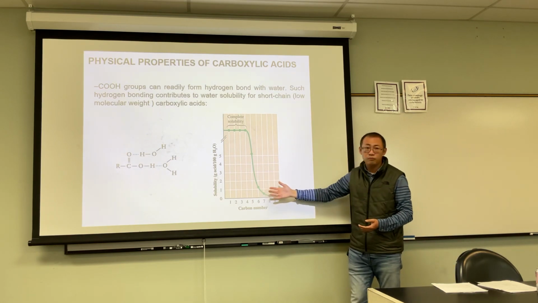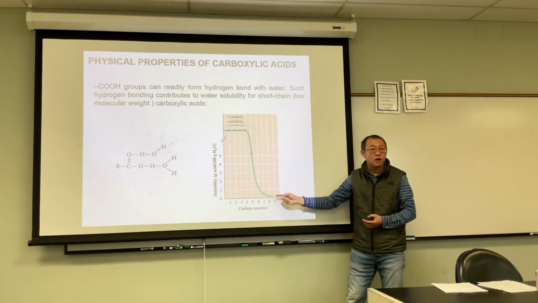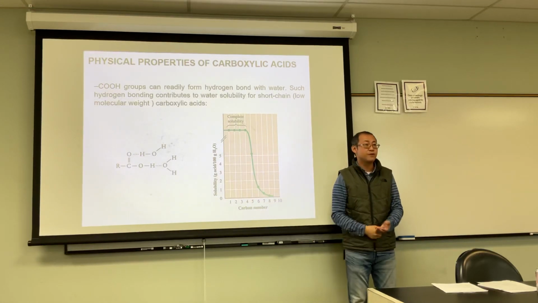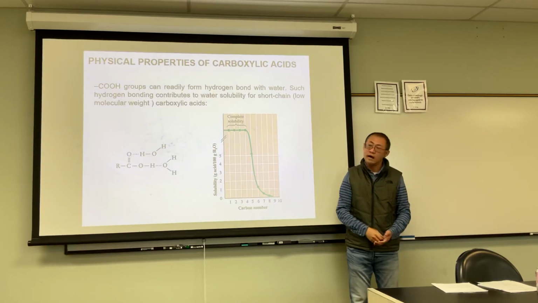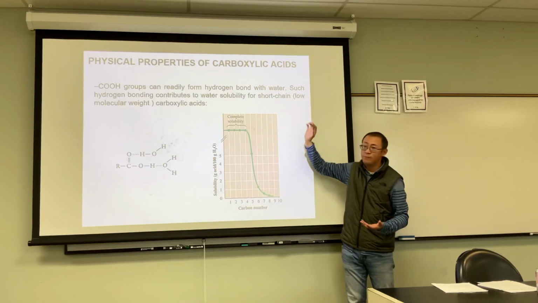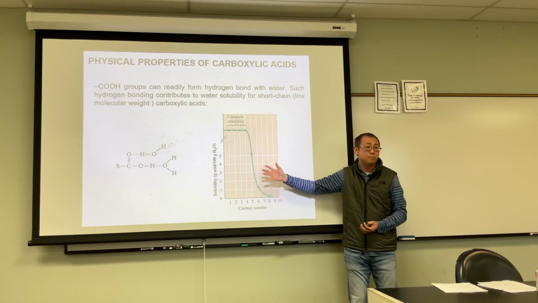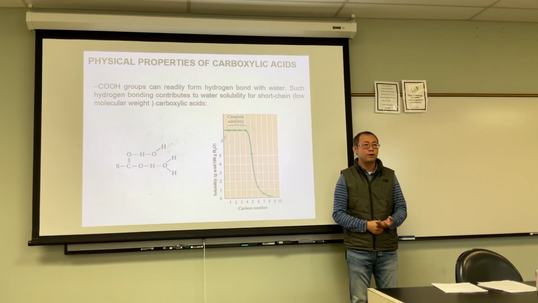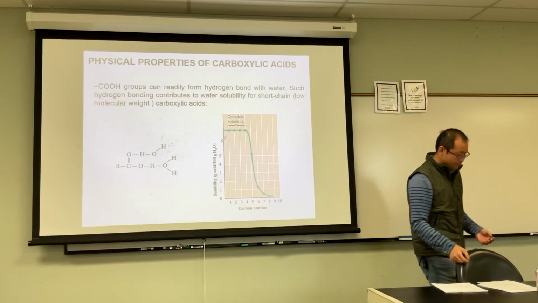What is this? These dots are carbons. As you increase the number of carbons, the solubility is going to decrease. Use your own language to interpret this. It's better than me putting something in here. I don't want to read when I teach you. The picture is the best thing to help you understand, and you can take your own notes in your own language. Okay. Next,